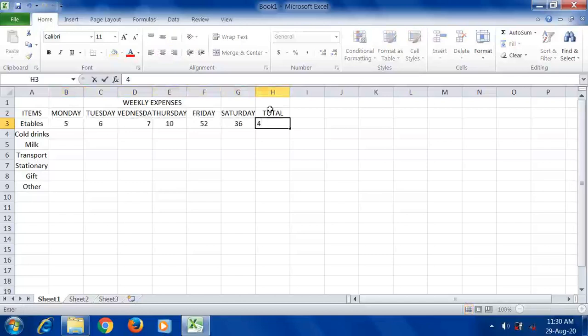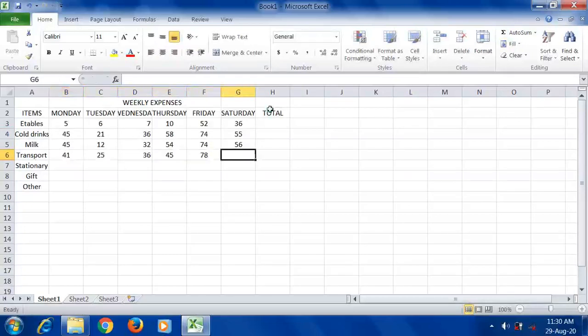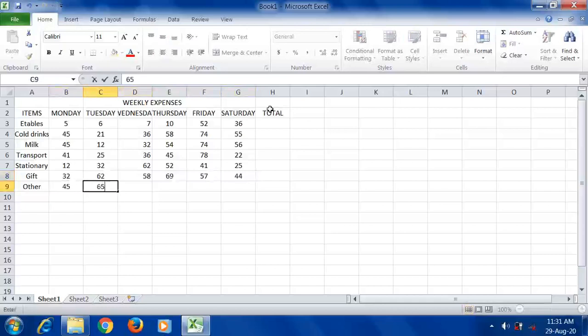I am not following that example, I am just entering. In this way, likewise, you can enter the data.